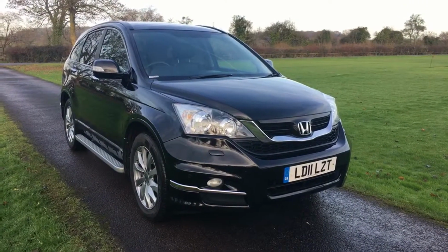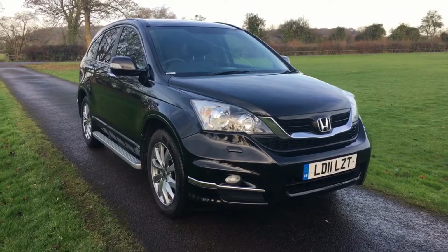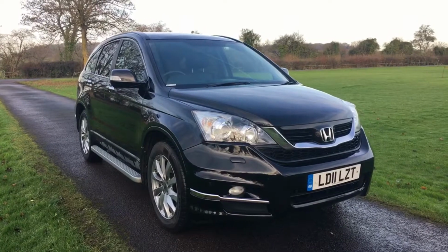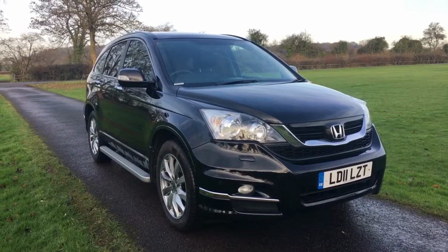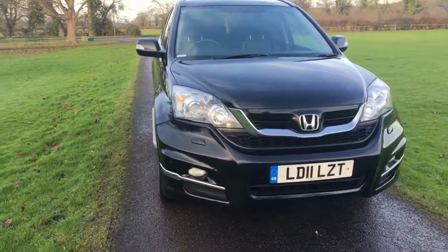Hi, this is a quick walk around video for a Honda CR-V. This is a 2.2 EX diesel. Car's finished in Nighthawk black. As you can see here, fitted with some lovely accessories. Notably, this includes the full dynamic aero kit, so you get these lovely deep front bumpers with the chrome inserts